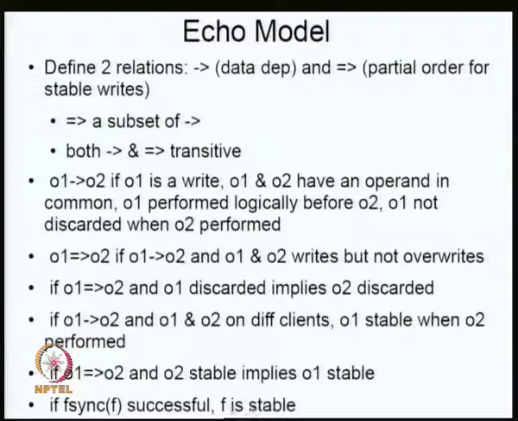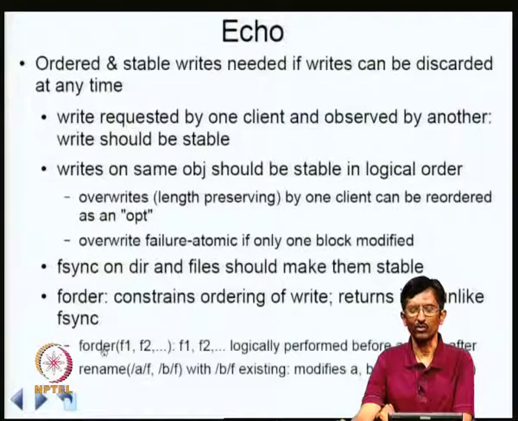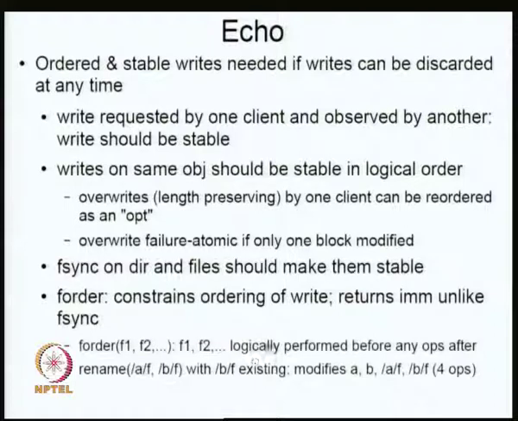So you have various rules of this kind, which basically tell you how you should structure your flushing of disks. Okay. There is also, as I mentioned earlier, forder. And this also will tell you, if it is logically performed, that means if it has to be made stable, in which order it has to be done. Now, you can use both forder and fsync, and fsync will be a heavy-handed approach.